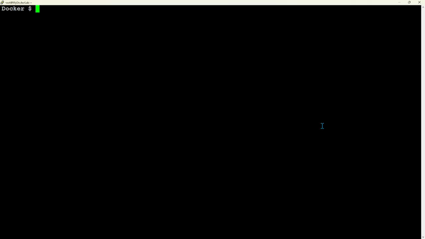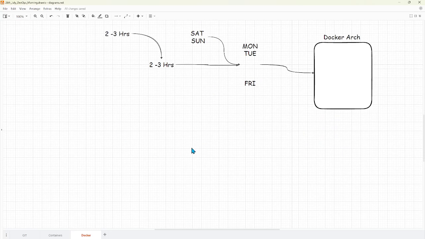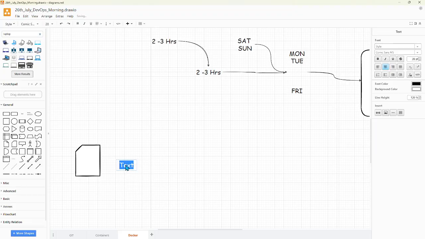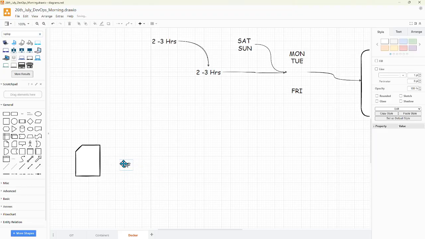Let's try to understand what happens when you run the docker build command. So we have a Docker file. This is my Docker file. When we run the docker build command,